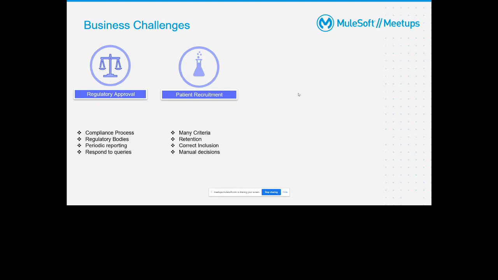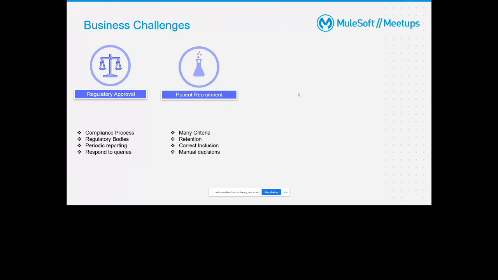Then getting the proper kind of patients from a specific demographic area is another challenge. And then in between the trial, if somebody identifies that the patient population is not correct for the trial process, then they need to change the patient population or patient density, which again takes a lot of time and a lot of effort.